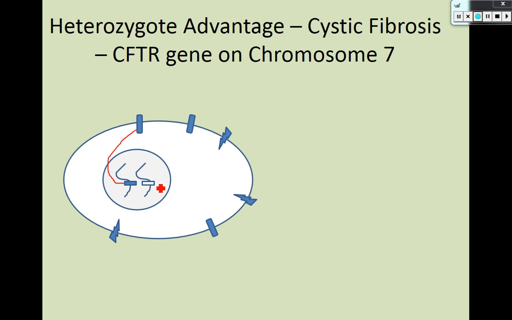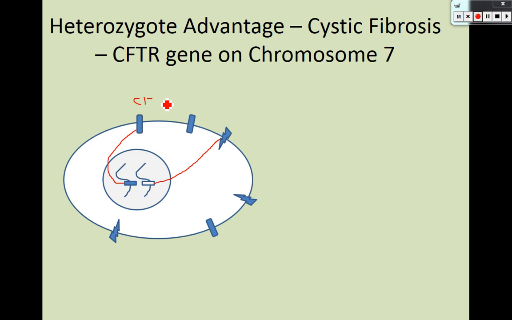A non-functioning gene makes a non-functioning protein. So there's still something there, it just doesn't function to transport chloride ions. I'm going to make a little Cl ion here. It doesn't matter if you remember that it's a chloride ion or not. But the point is, if you're not making any functioning chloride ion transport tunnels, go back to cellular membrane transport, right, how things get in and out of cells. If you're not making any of these functioning transport channels, then you get a big buildup of mucus in your